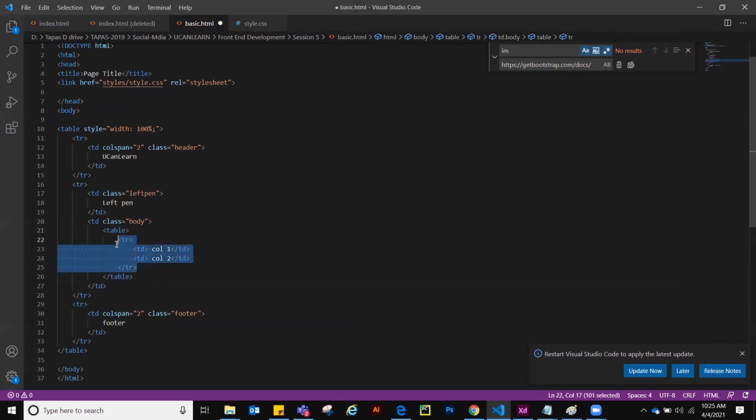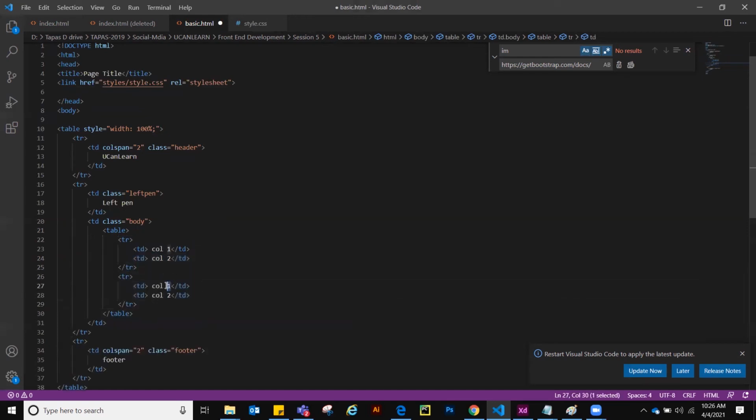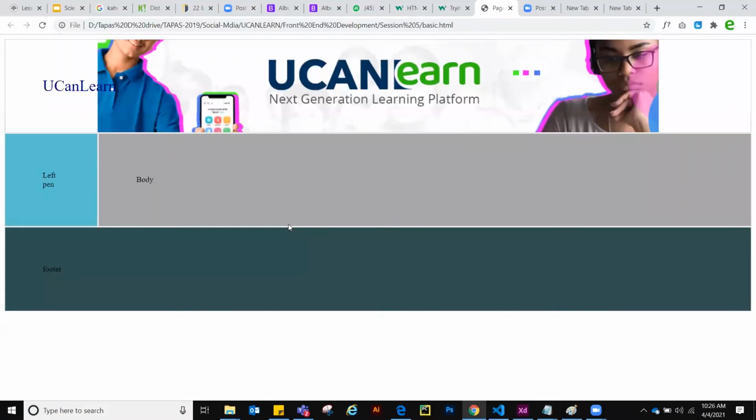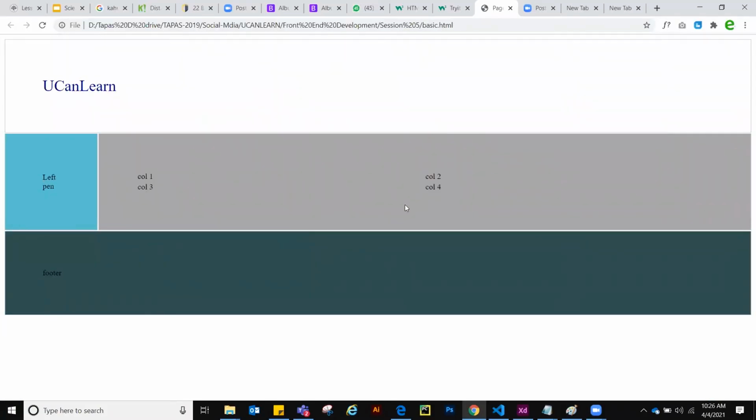Now, if you have noticed, there are 2 rows, so I am pasting col 3, col 4, table width, percent. So this has been added over here.